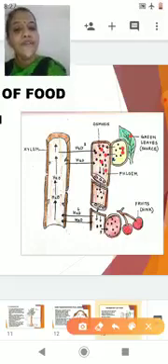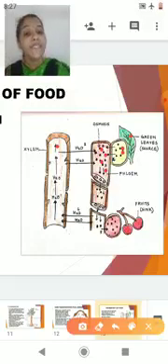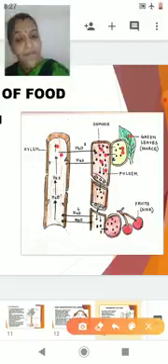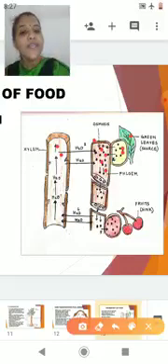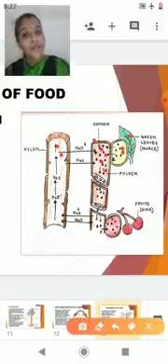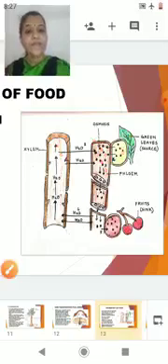Now adjacent to the phloem, you can see the xylem. Xylem contains a large amount of water, and the phloem contains a large amount of solute. So water from the xylem will move into the phloem by a process called osmosis. Can you see the water is entering over here by osmosis? So here there will be a higher concentration of solute as well as solvent, that is the water. Okay.